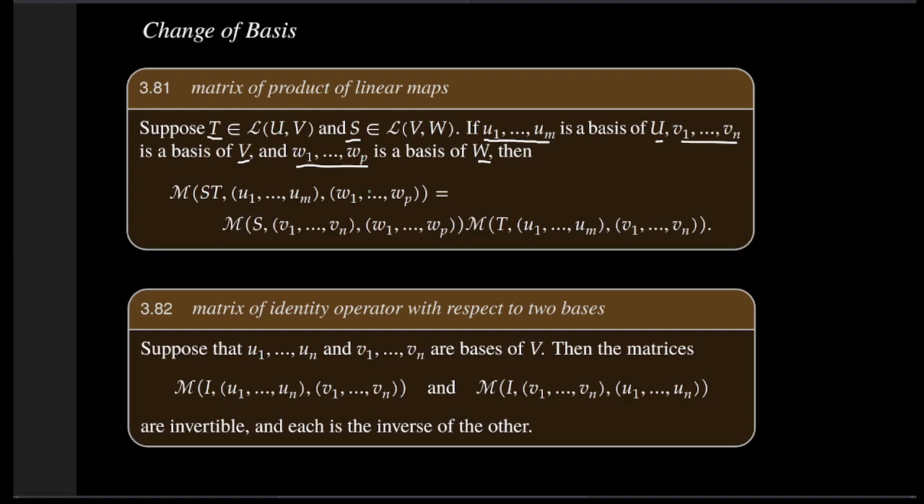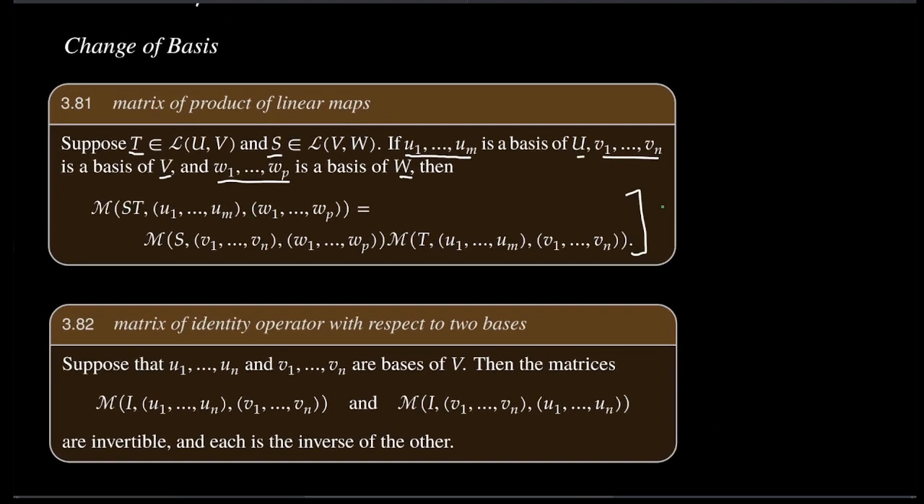Okay. What we claim is that this is the product of the matrix of S with respect to the bases v1 through vn and w1 through wp, and the matrix of T. That is, that you can break up the matrix here in this fashion. If you want to see this a slightly different way, this is a more explicit way of saying the following, which is that the matrix of ST is equal to the matrix of S times the matrix of T. This kind of quick way of writing it